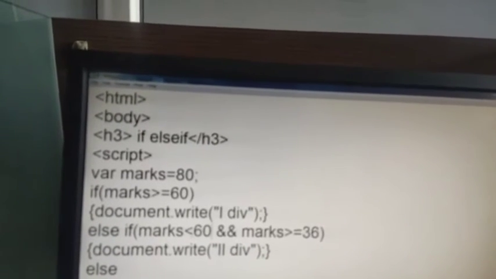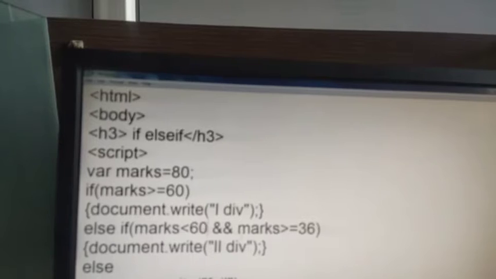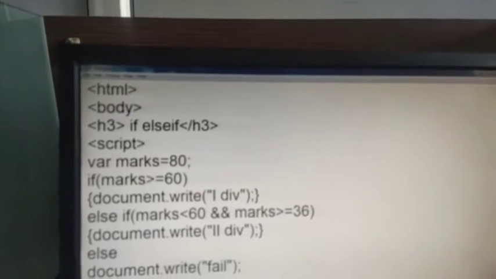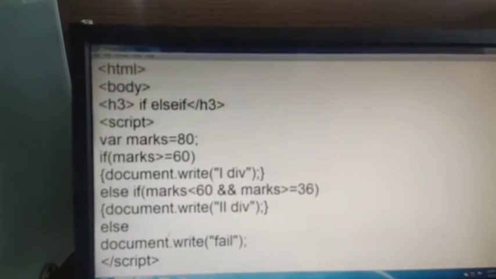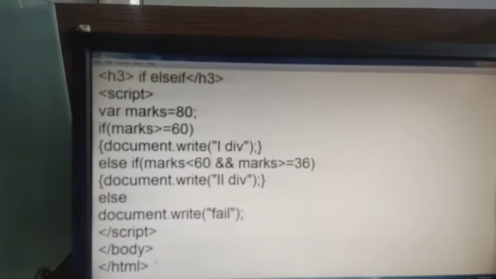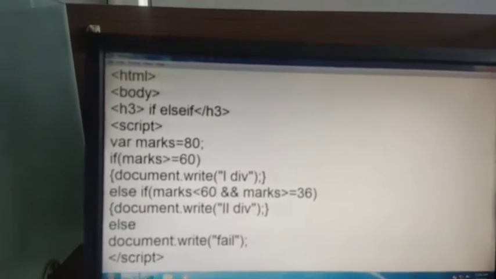Instead of writing 48, because 60 is there, you can write 60. If marks is less than 60 and marks is greater than or equal to 36, it means between 36 to 60, then document.write second division, else document.write failed. Okay, script close, body close, HTML close, and I have saved it.